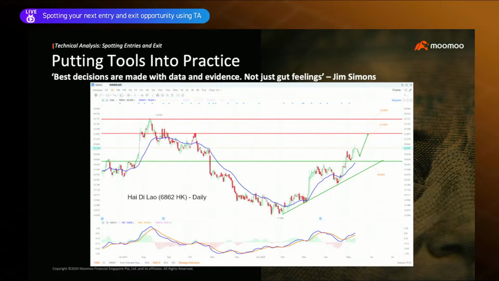Haidilao over here is also holding on an upwards trend line. You can see that the technical indicators are bullish, holding above the moving average. MACD is trending upwards, showing a build-up in bullish momentum as well. So I've identified a nice support level, and you can look to play upwards to the first resistance. The price is right there for you as well. So all in, using simple technical analysis and market structure, there is a very nice risk-reward level, with strong support and resistance identified. Again, I'll show you later how we can use TradingView to help give us a bit of